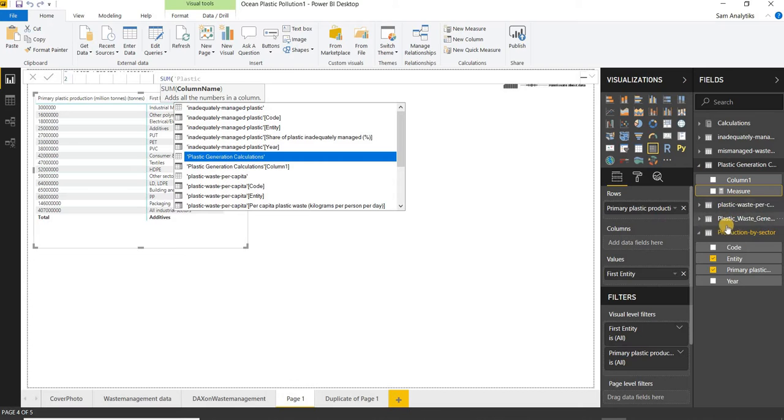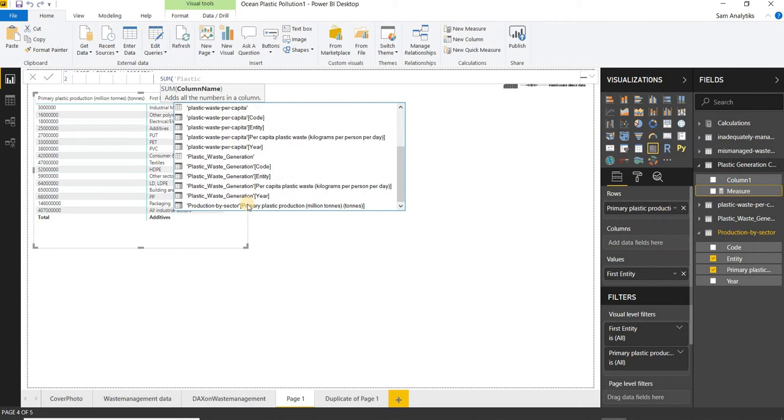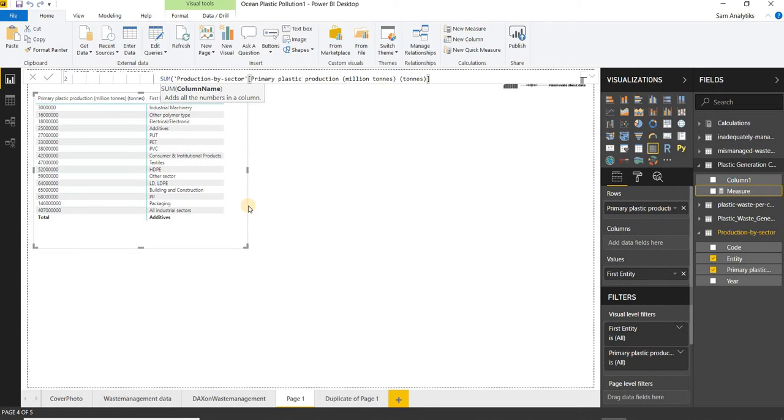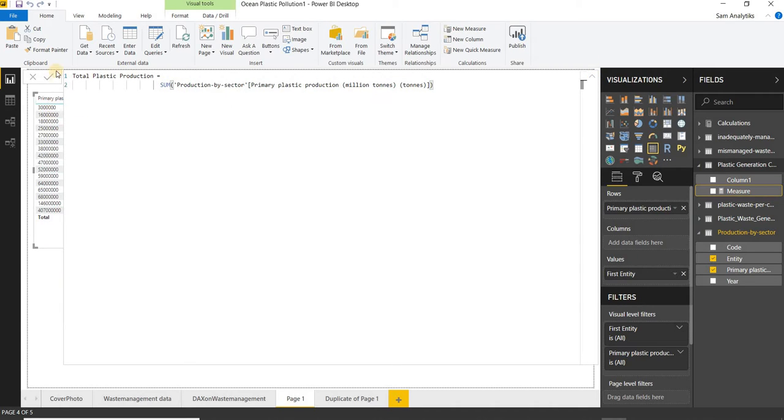Okay, that is the plastic production by sector, and I will take the production by sector prime plastic millions in tons, and I'll simply lock it up. And if I run it, I will get my measures down in here.